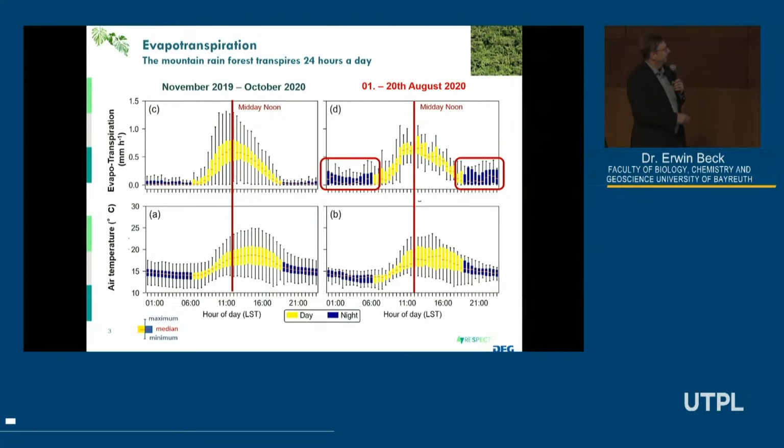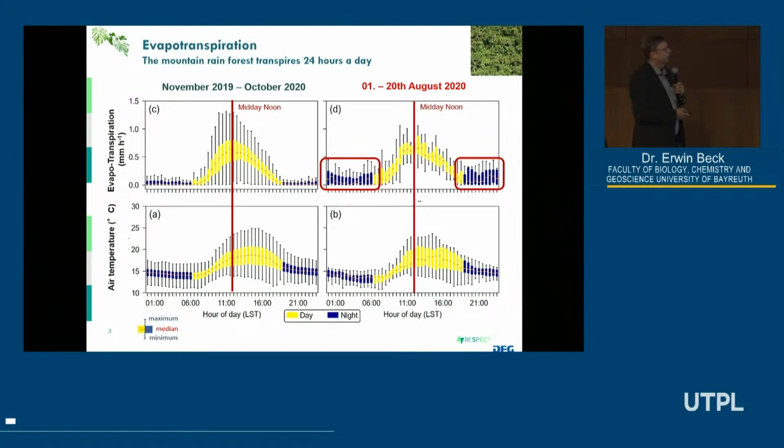And what you see here, the red line is the midday line, is that actually evapotranspiration does not follow precisely the curves of daily temperature. Well, from a physiological process understanding, you might expect that evapotranspiration closely follows the temperature. However, this is not the case, because the maximum evapotranspiration rates are always found before the midday. So obviously, a big part of evapotranspiration is not just controlled by temperature, but actively by evaporation by the plants,